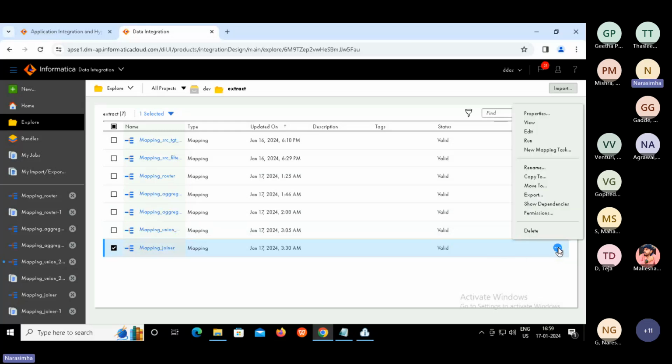So guys, I request everyone to perform the same thing. Please go to explore, where we can see all the assets or all the mappings that we have done. Select our mapping, because instead of doing everything from scratch, we can make a copy and modify what is required in the copied mapping. I hope you all could see this under explore, all the mappings, right?